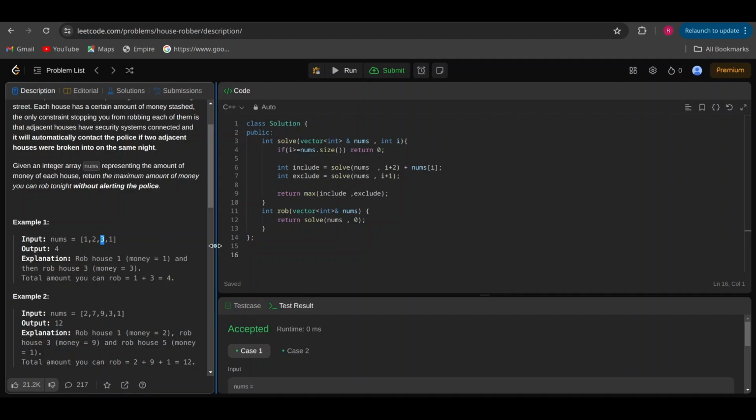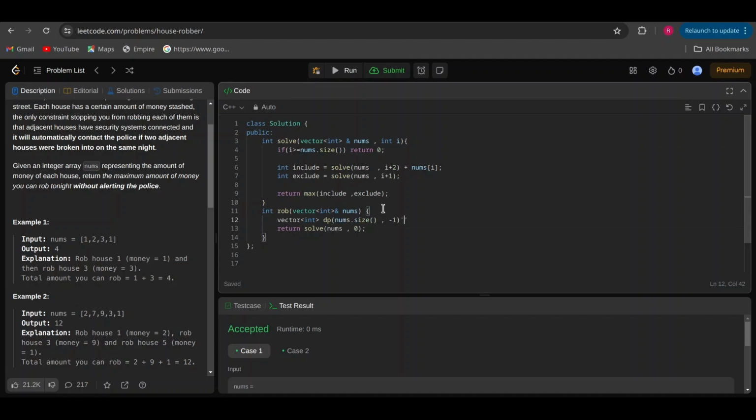It will be really great if you draw the recursive tree on your own, because that will give you much more clarity about this question and will help you solve further DP questions easily. So then we are somehow visiting this 3 again and then again solving for this 3, which is really not efficient. So what we can do is simply create an array of size